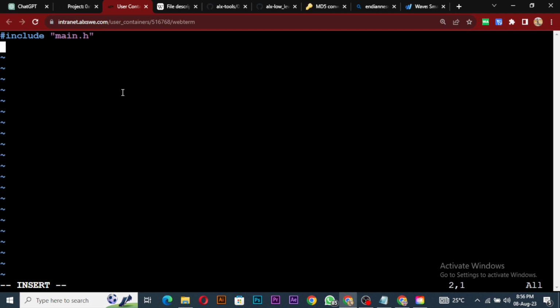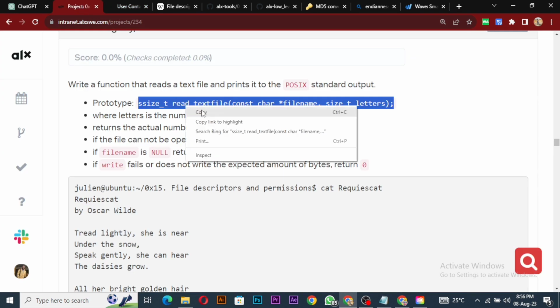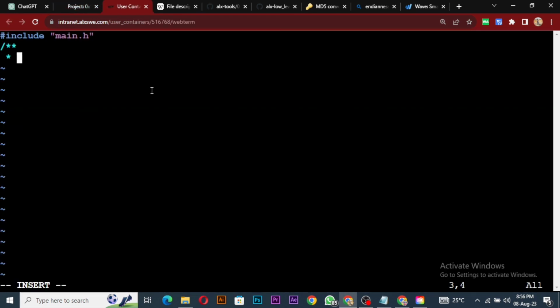So you can skip forward, probably that's too late now. And then so we'll have our function again, so let me just paste it here, go up, come down. So we'll have our read_textfile, read underscore